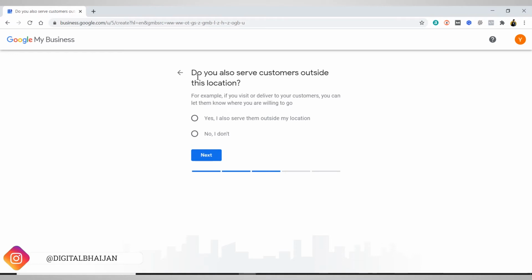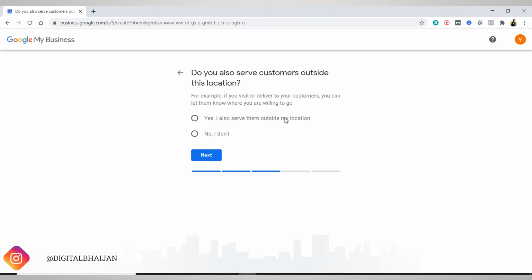Now it is asking, do you also serve customers outside this location? That means if you have a store and you are giving home delivery services, then you need to select yes, I do serve them outside my location, if you're delivering to their home or any other place.